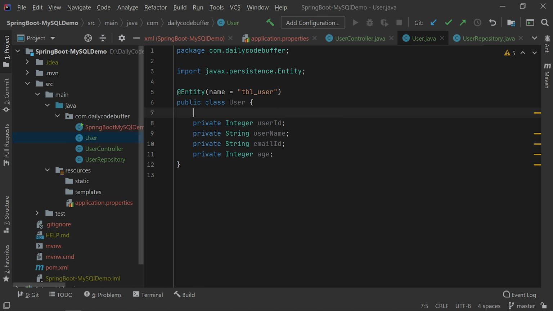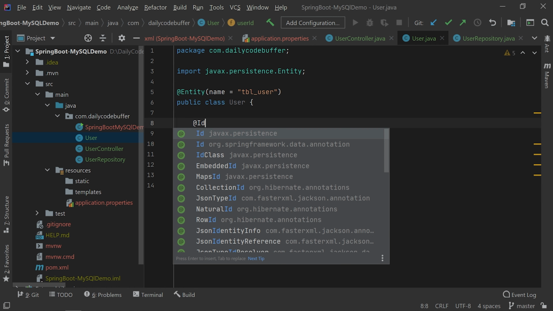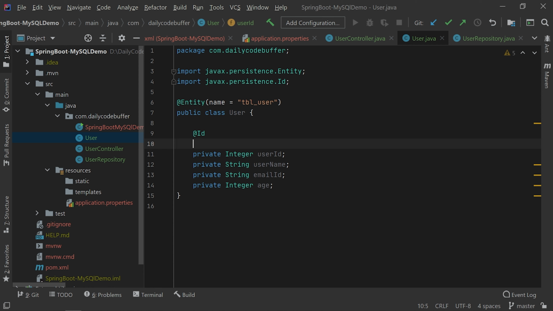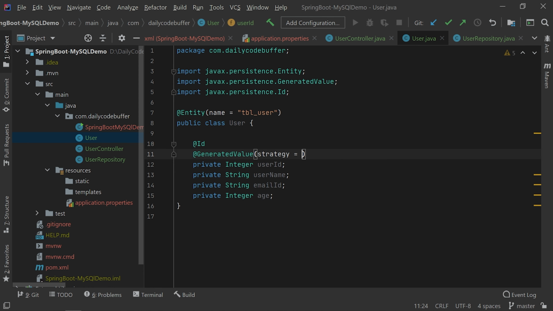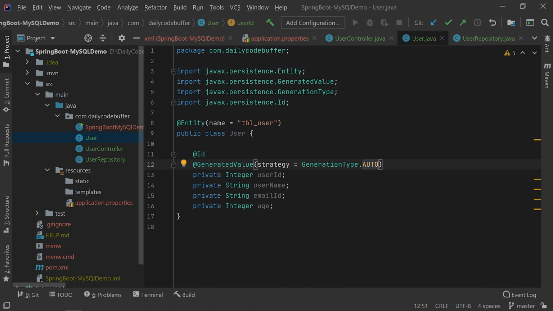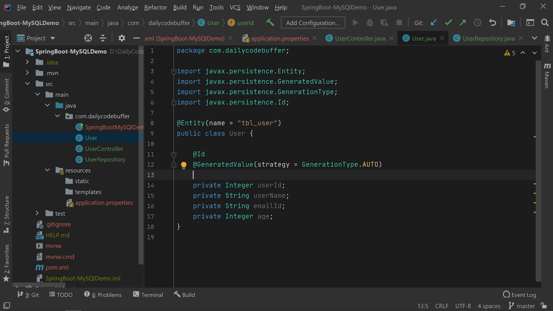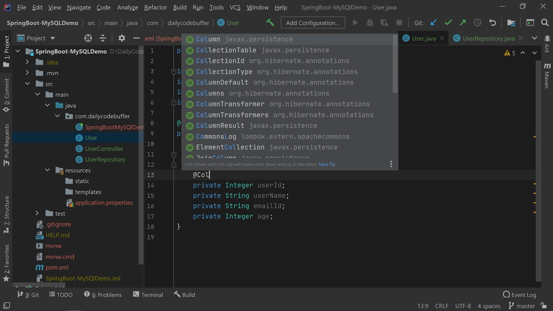Okay, now we'll define this as a primary key with the ID annotation, and we'll be using the generated value annotation, and we'll define the strategy as GenerationType.AUTO, so this will be automatically generated. Now if you don't define any column information over here, then the default column name would be the name of your property. Okay, so for user ID it would be user ID, for username it would be username, and similarly for the rest. Now if you want to define anything else than user ID, then you can use the @Column annotation,